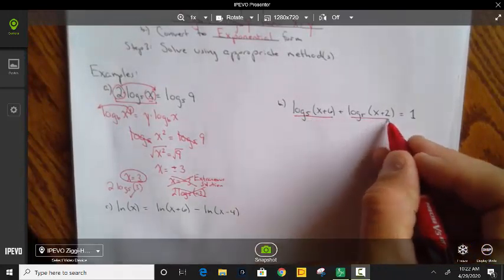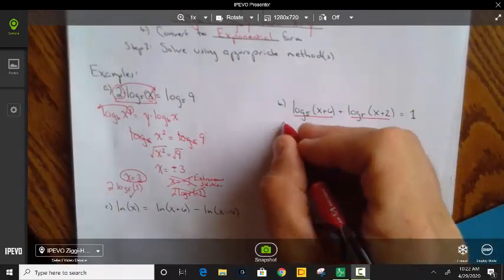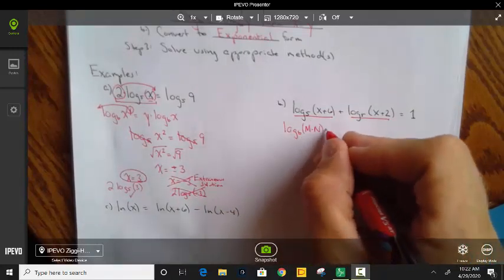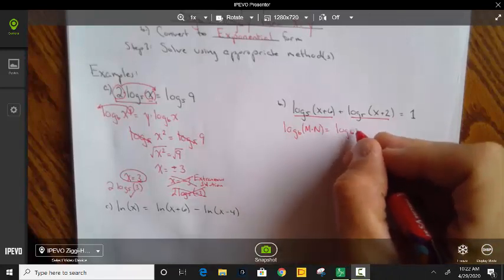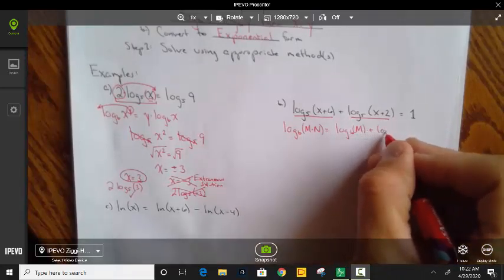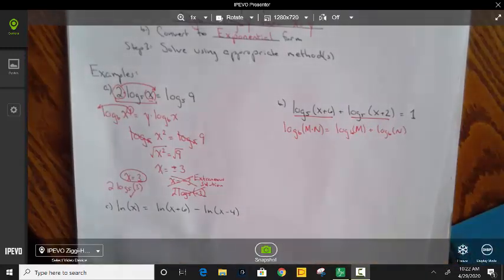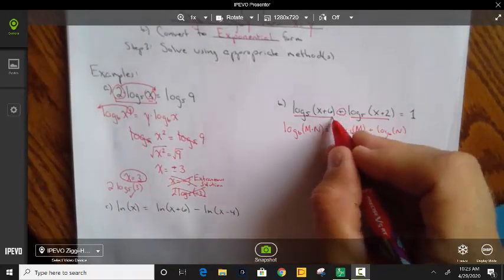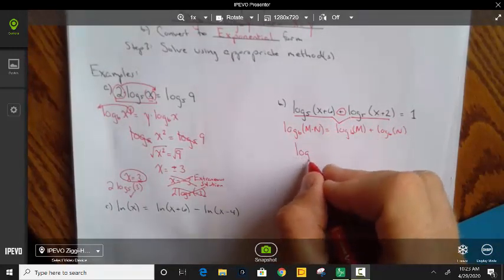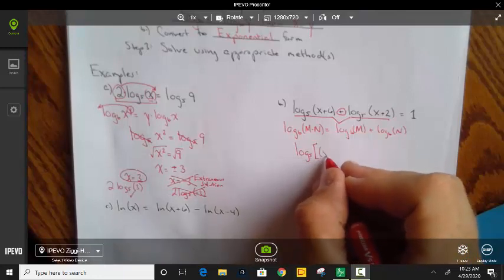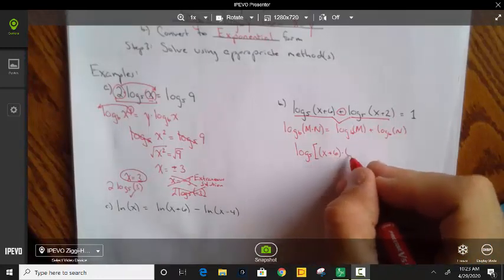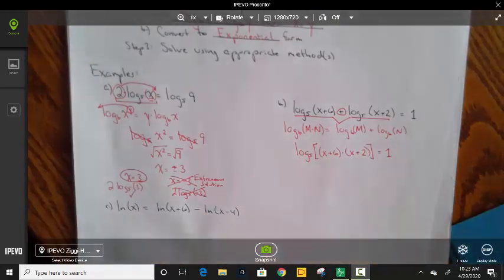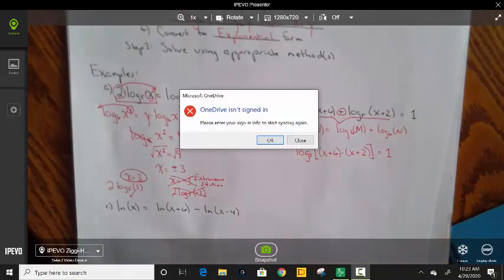Okay, so since we have 2 logarithms here, and if you guys remember in the last video, we had this property that said log base b of m times n equals log base b of m plus log base b of n. So if we have 2 things multiplied, it expands into 2 logarithms being added. So the fact that these logarithms are being added means we can condense it back into log base 5 of x plus 6 times x plus 2. Okay, so we can convert that back into